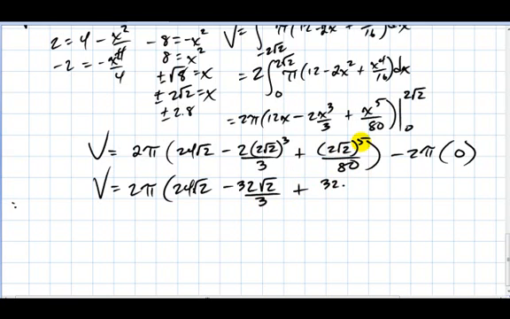Root 2 to the fifth power is root 2 times root 2, which is 2. And I have another pair of them, that's 2 times 2, which is 4 times root 2. Okay, all divided by 80. And that's going to give me 128 here. But you know what, we could,